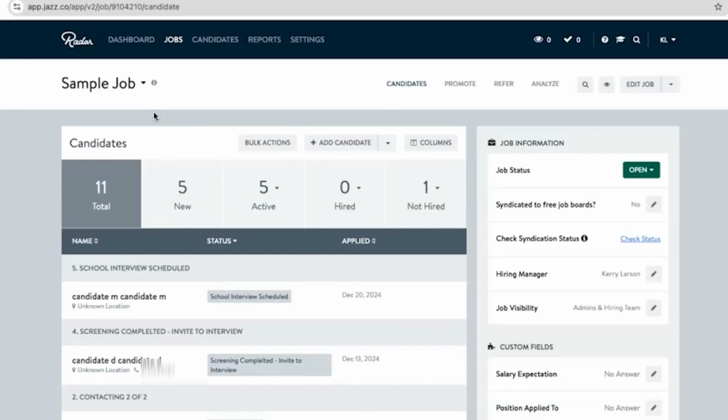Hello. Today we are going to be talking about pipeline management for Tier 2 advanced coaching in the contacting 1 and contacting 2 stages of the pipeline. For Tier 2 advanced coaching, we are going to be talking about pipeline management for when new candidates come into